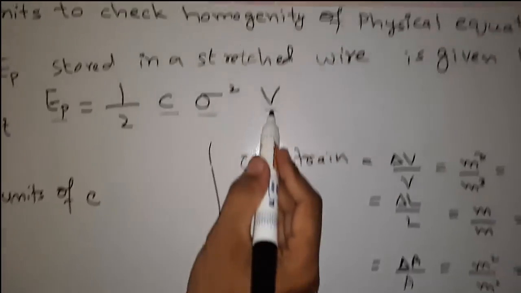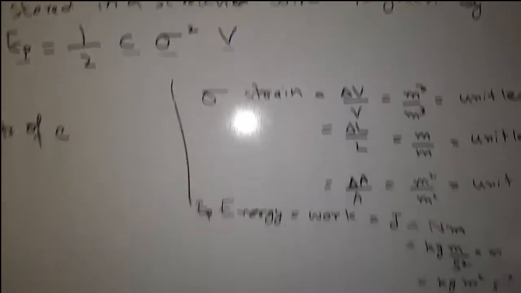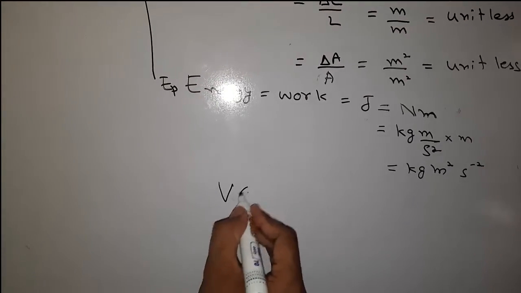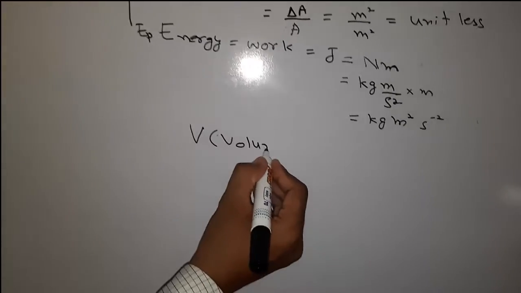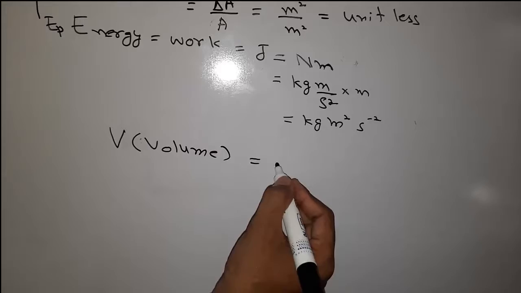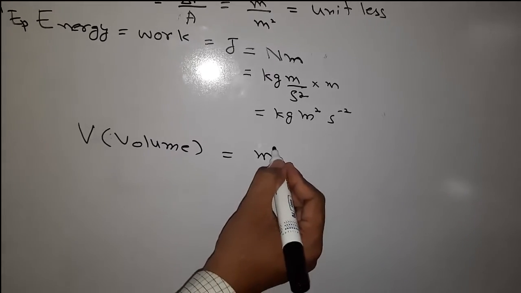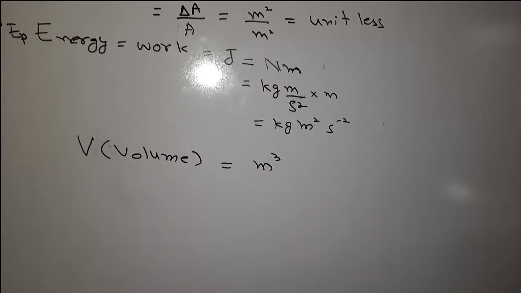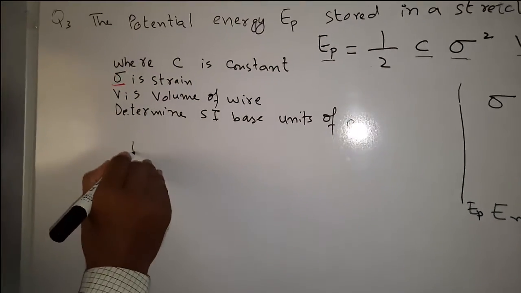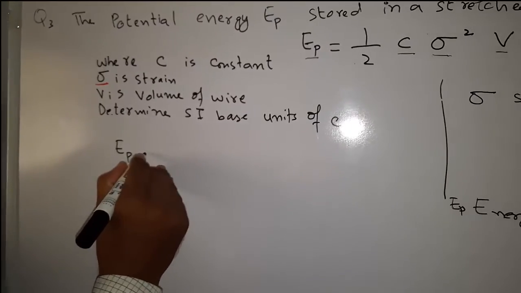Now V is the volume. V is basically volume, which is measured in meter cube. We are talking about the SI base unit. Already we have that, it is meter cube. Now replace it in the given question, that is EP is equal to